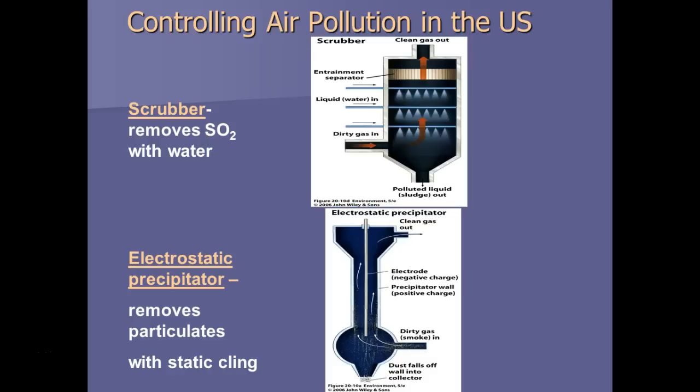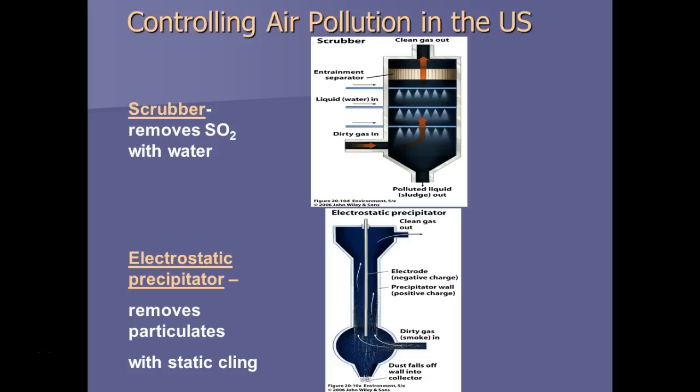We're talking about air pollution, and we're looking at two mechanisms on this slide, the scrubber and the electrostatic precipitator, required on all emissions from anything using fossil fuels. It removes sulfur and particulate matter. And we've discussed these in chapter 11 when we were talking about coal mining and combustion of coal. So these are